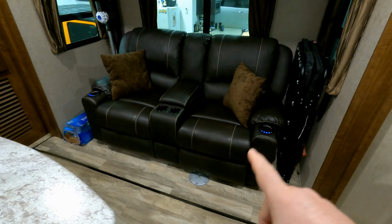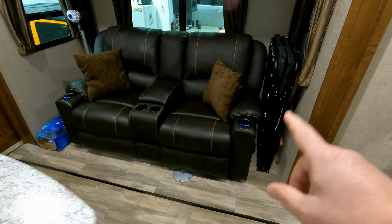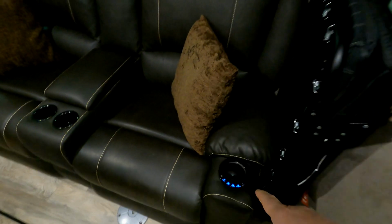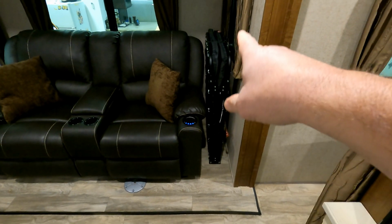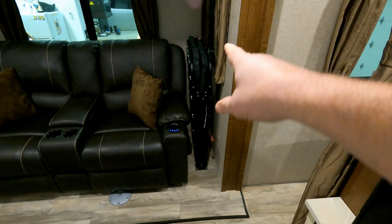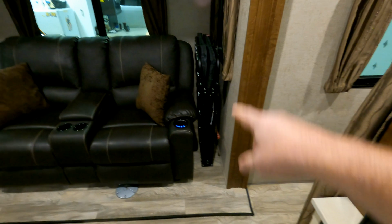It was very uncomfortable, so I got these from Camping World. These are actually Thomas Paine electric and massage recliners. They actually have heat in them as well. And as you can see over here in the corner, a workaround, I have a future project I'm going to talk about, but right now a workaround for my stepdaughter to come camping with my wife and I is we put